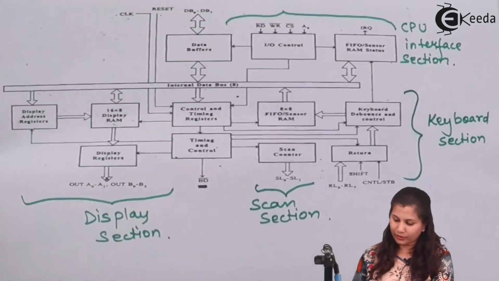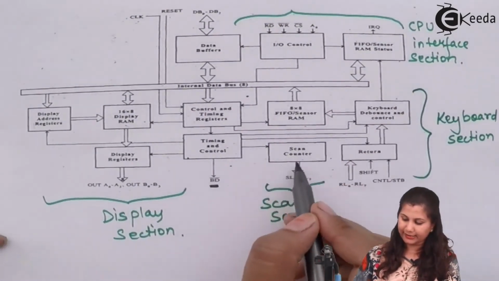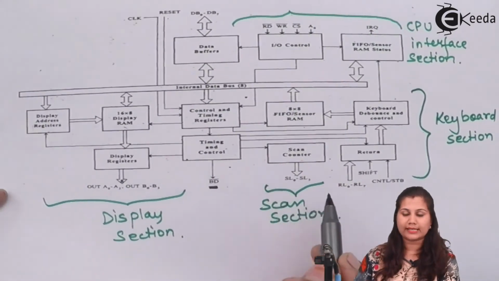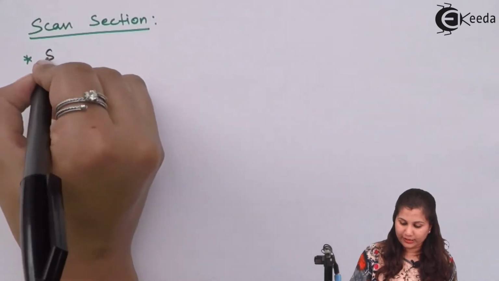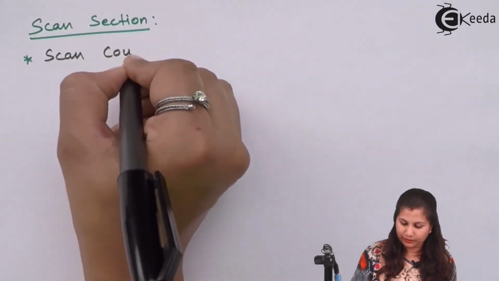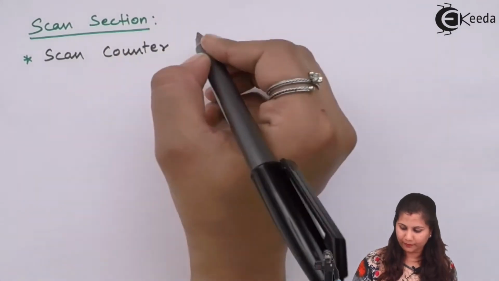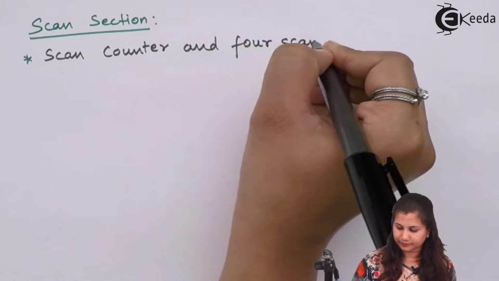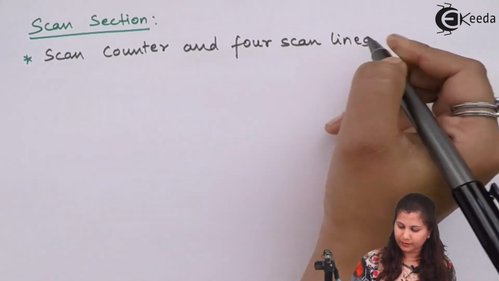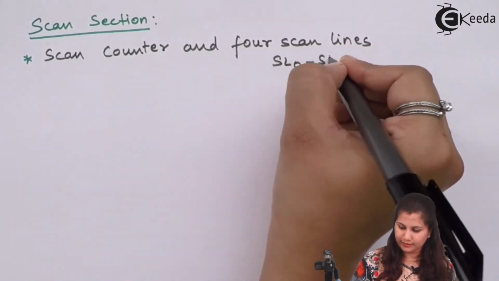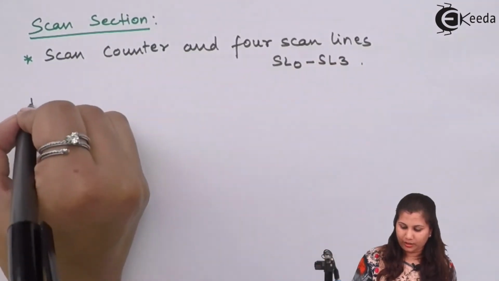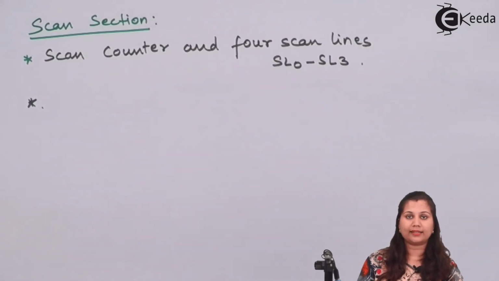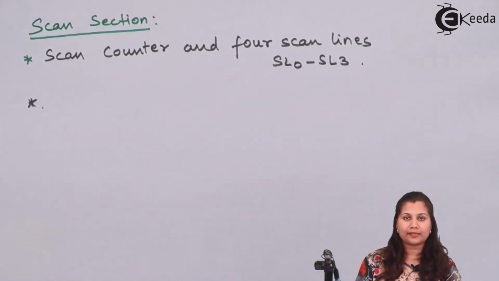The scan section has a scan counter and 4 scan lines, SL0 to SL3. Now when the 8279 is in the scan keyboard mode and scan sensor matrix mode,